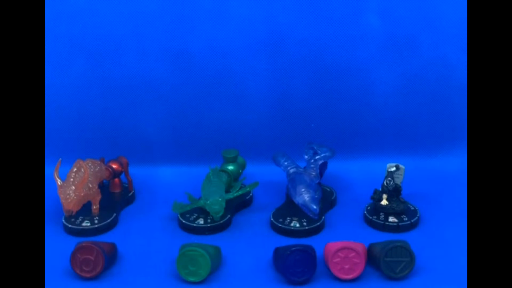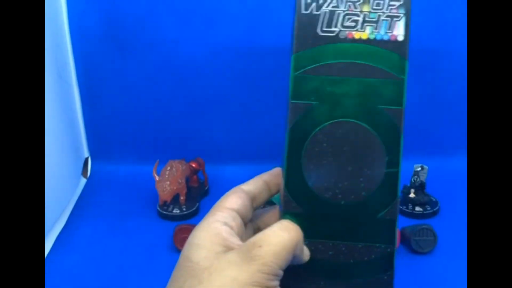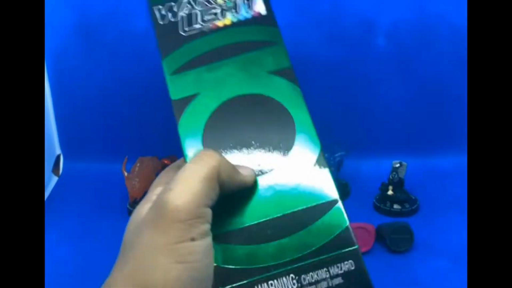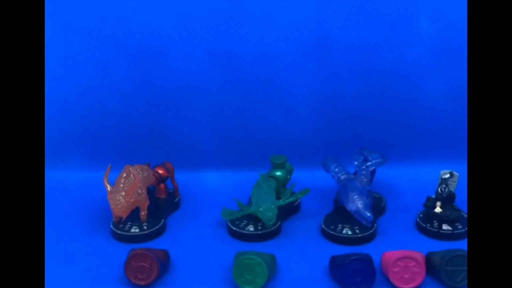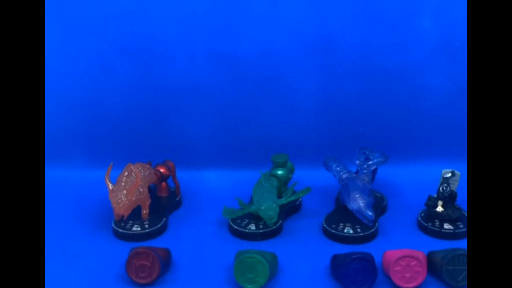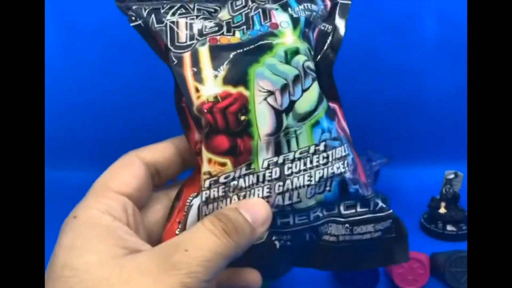So, what do we have to look at today? A ton. First, as previously mentioned, we have Wave 1 booster packs. You can identify the Wave 1 packs because they have the Green Lantern logo on the front and not the Black Lantern logo. We will also be taking a look at an entire gravity feed of these Construct booster packs. And finally,